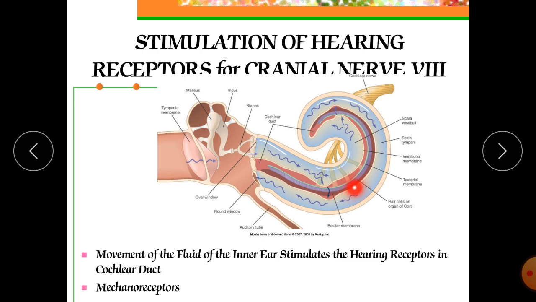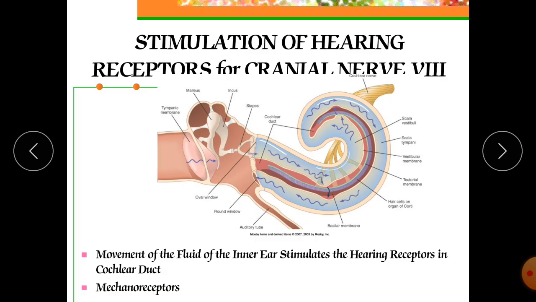There are more than 16,000 hair receptors here, and they collect the sound waves, identify them, and develop them into information. They generate impulses and carry them forward toward the ganglia, and from the ganglia they move toward your cranial nerves. This leads to the bending of the stereocilia, and ultimately to the generation of nerve impulses in first order neurons in the cochlear nerve fibers.